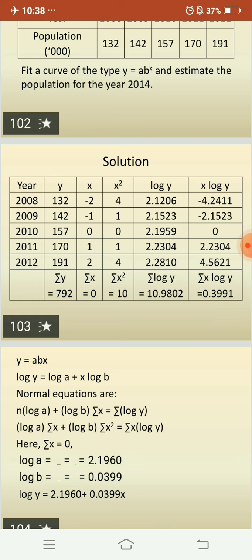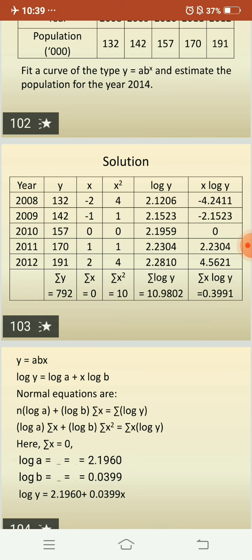Here you get 2.1206 in logarithm. If you have a scientific calculator, log 132 gives you 2.1206. Otherwise, if you do not have a scientific calculator, you need to see the log table, 13th row, second column, and the corresponding value is 2.1206. If you are not getting how to calculate the logarithm values, please clarify your doubts within today itself.